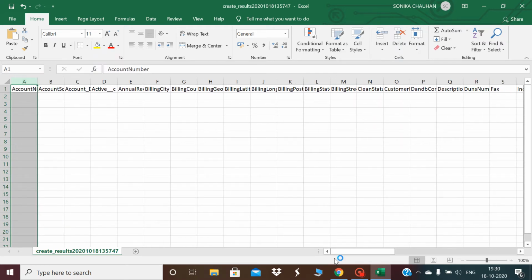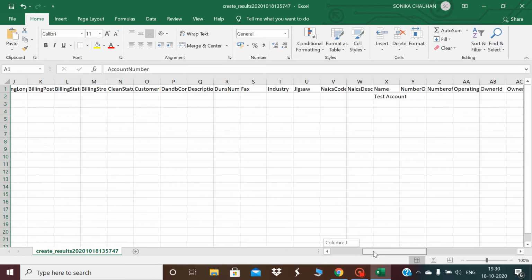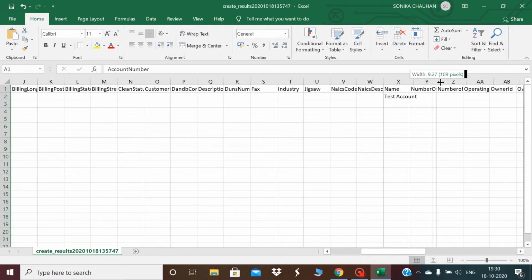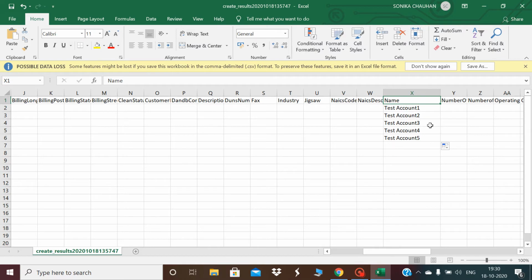So I have deleted these columns which are not required. Now I will be inserting 5 or 6 records. So test account 1, and then let's say I will insert these 5 accounts now. I have saved this file.